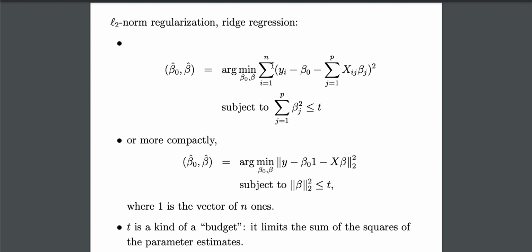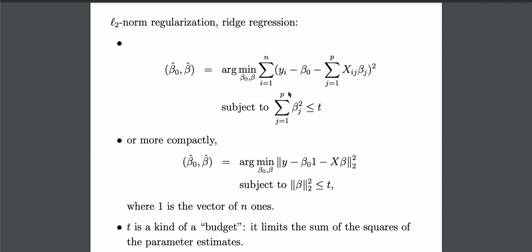Now, one way to resolve this problem is to limit the search space, the space of possible betas. We can say that you are only allowed to find the best beta that